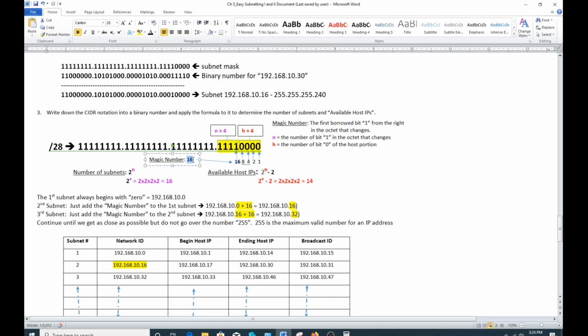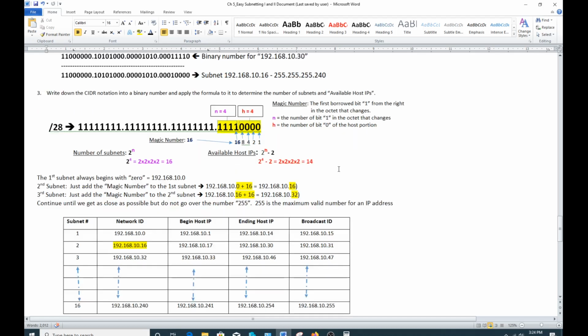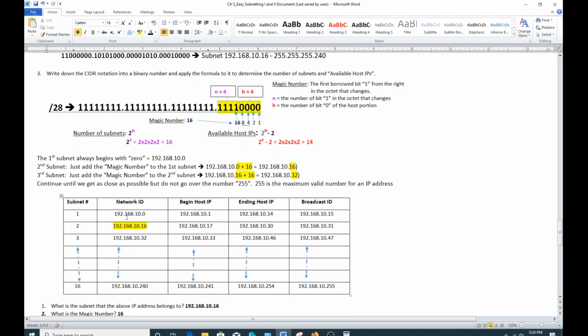So our magic number is 16. Okay, because this one is 1, this 0 is 2, this 0 is 4, this 0 has a place value of 8, and the 1 is 16. So we write out the first subnet, which always begins with 0, and we add the magic number to the first subnet. In this case, the fourth octet is the one that's changing. So we add 16 to this to get